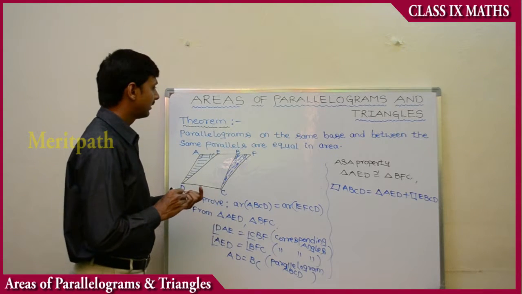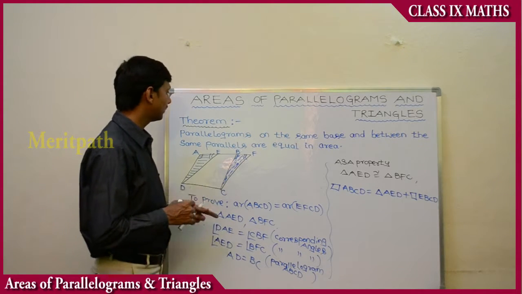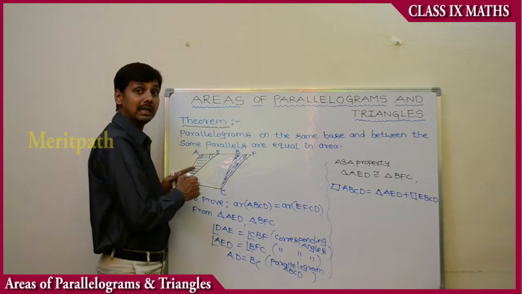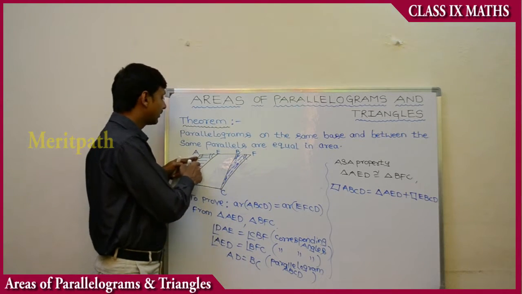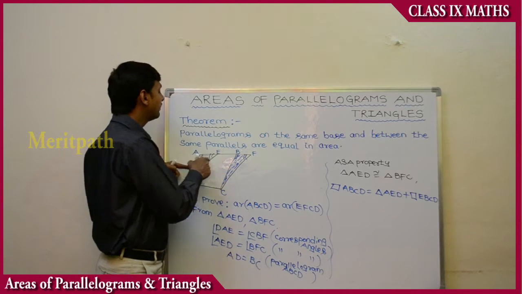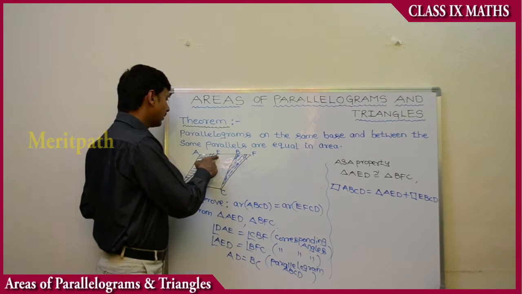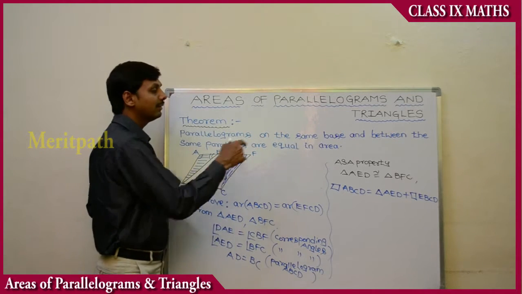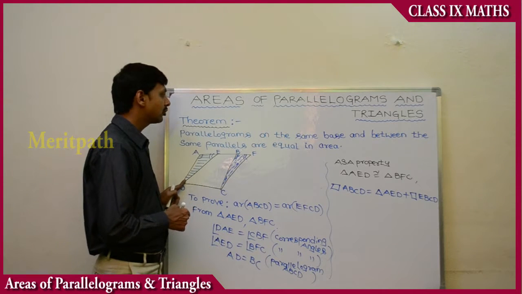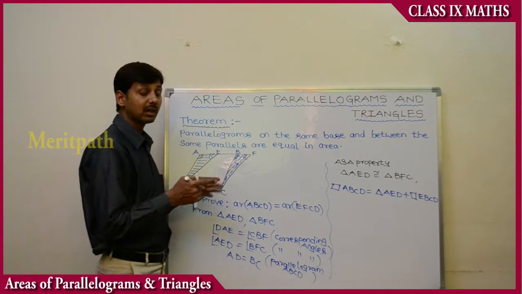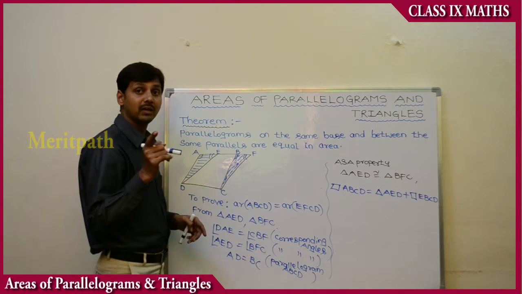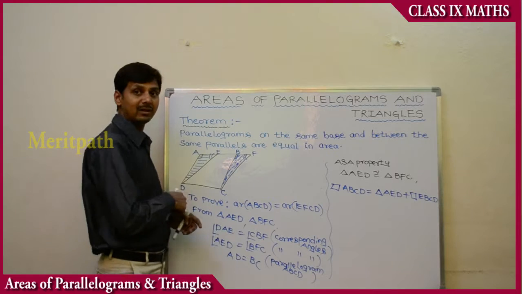So this is one of the parts of this parallelogram. So we took ABCD. ABCD is equal to this triangle we took, AED, and the remaining part, that is EBCD. So we know that triangle AED is congruent to triangle BFC. Both are congruent. We have proved that just before. So let's write triangle BFC in the place of triangle AED.